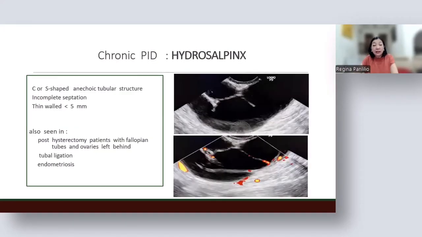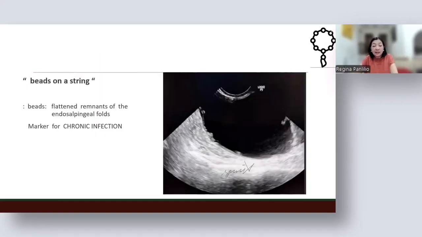On ultrasound, the tubes are now damaged, and we can see dilated thin-walled tubes, less than 5 millimeters in thickness, with incomplete septations, C or S shape, and on Doppler ultrasound, there is minimal vascularity because already of the fibrosis. And one characteristic also is the beads on a string, which is a chronic hydrosalpinx, where the